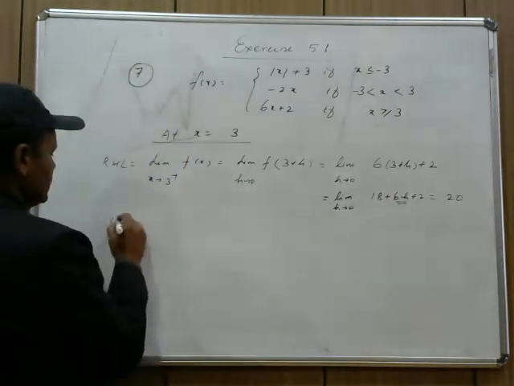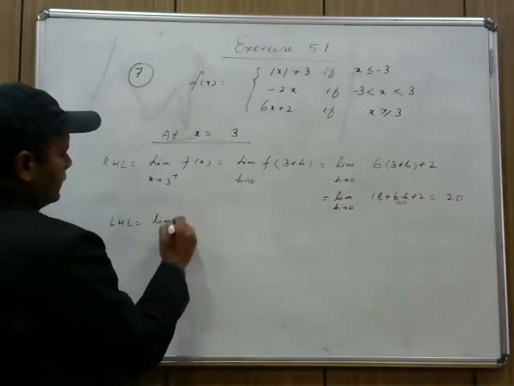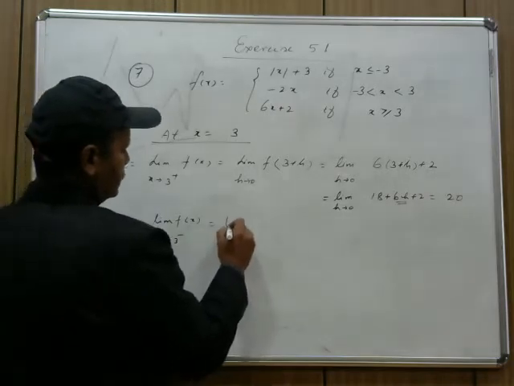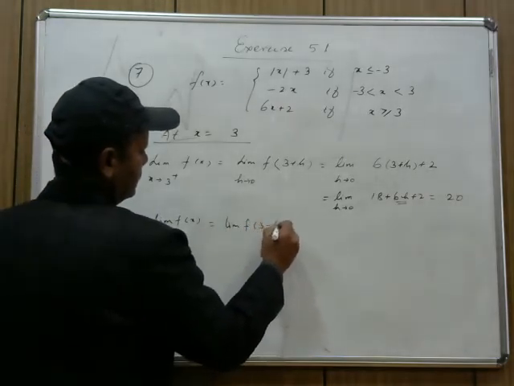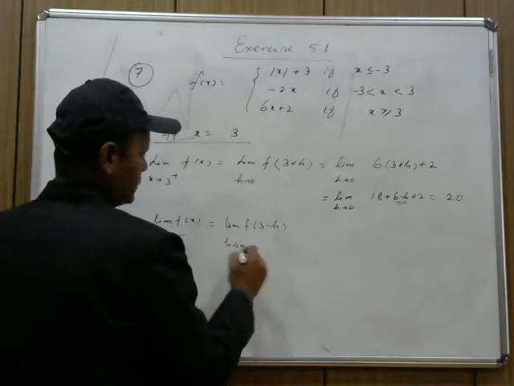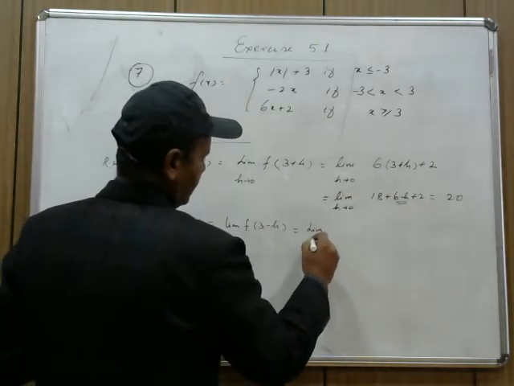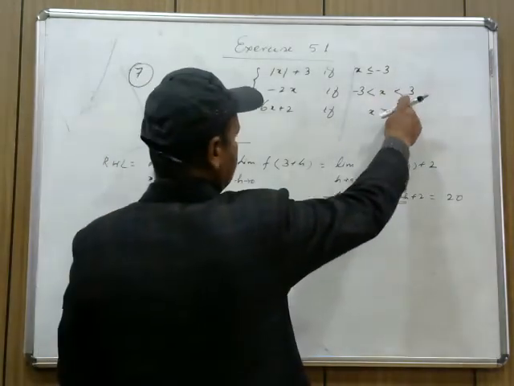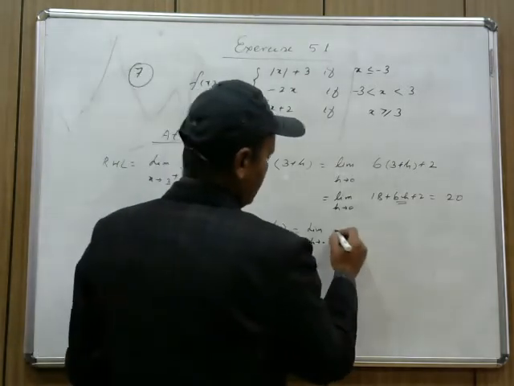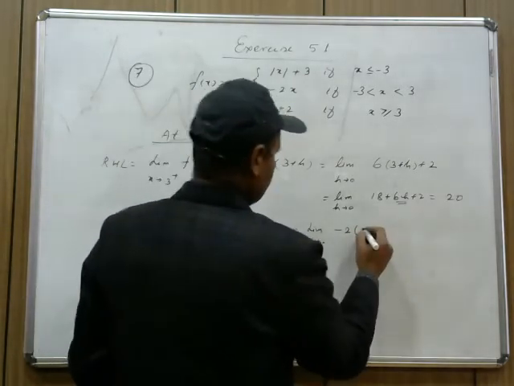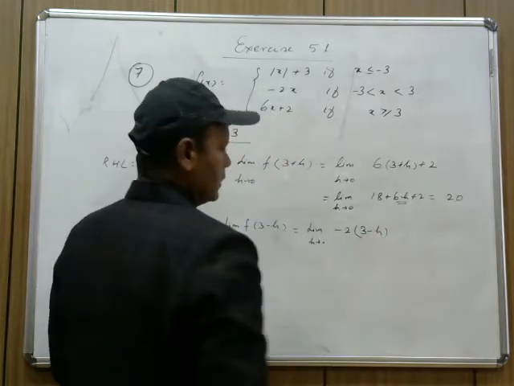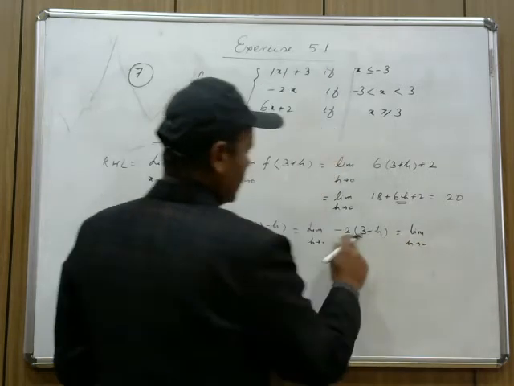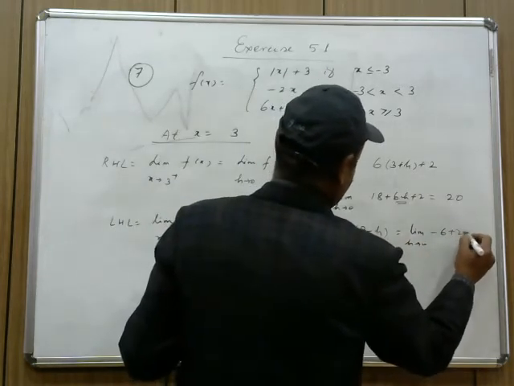Now, LHL: limit f(x) as x tends to 3 minus, that is equal to limit f(3 minus h) as h tends to 0. Now see, 3 minus h is less than 3. For x less than 3, I will use minus 2x. Now minus 2, and in place of x I will write 3 minus h. That will give you how much? That is the limit as h tends to 0 of minus 2 into (3 minus h), that is minus 6 plus 2h, and that is equal